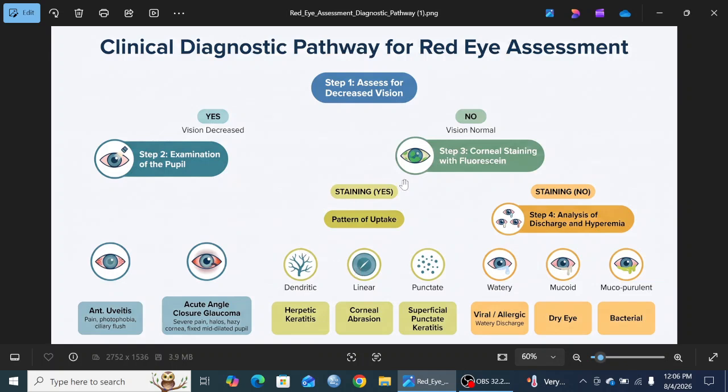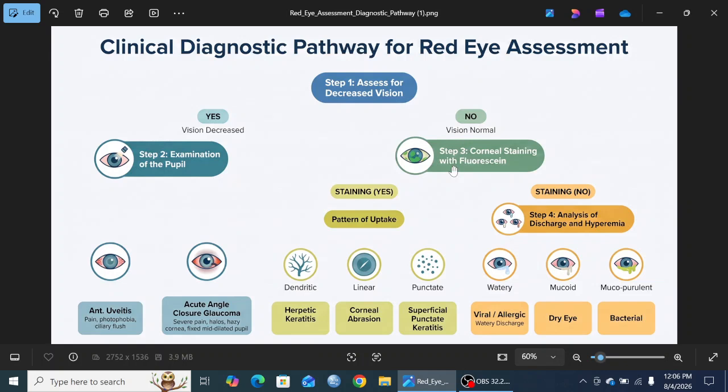So let's understand this flowchart. The first step is, if the patient presents to you with a red eye, always ask about the vision. If the patient is having decreased vision along with the red eye, then the differential diagnoses are completely different. And if the patient is having only red eye and it is not associated with decreased vision, then the differential diagnosis is completely different. So let's discuss, if the patient is having redness and there is no decrease in vision,